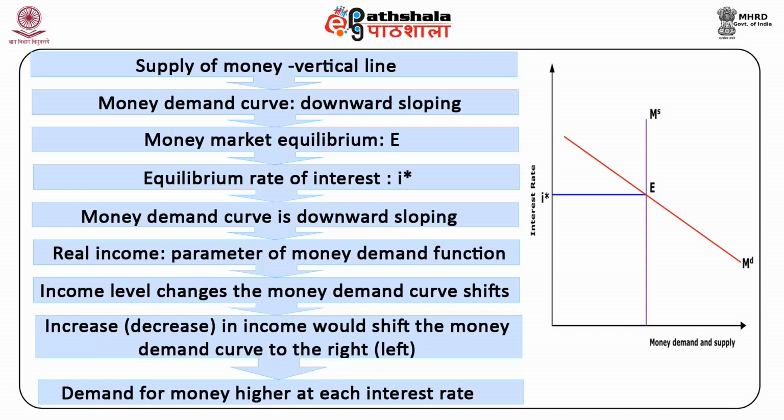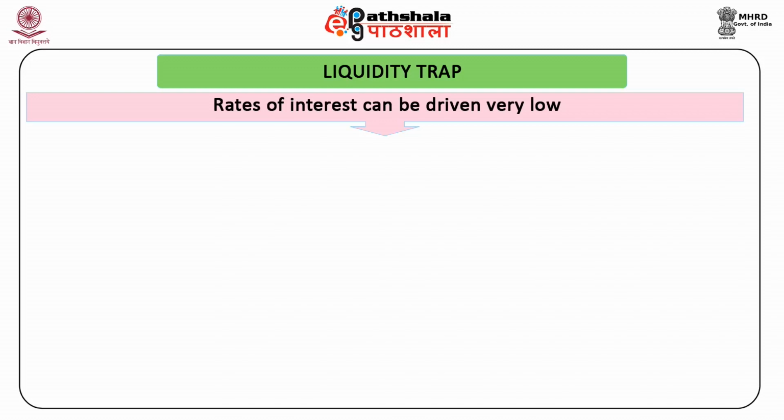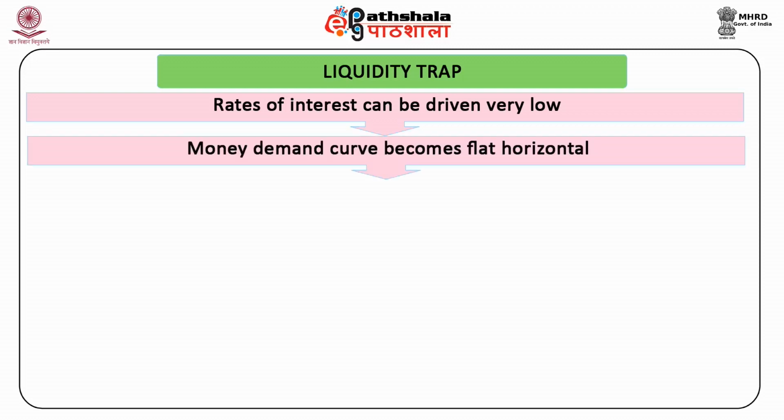We will see this as we derive the LM curve below. Liquidity trap. At times, rates of interest can be driven very low, and the money demand curve becomes flat horizontal at this low rate of interest. In this case,